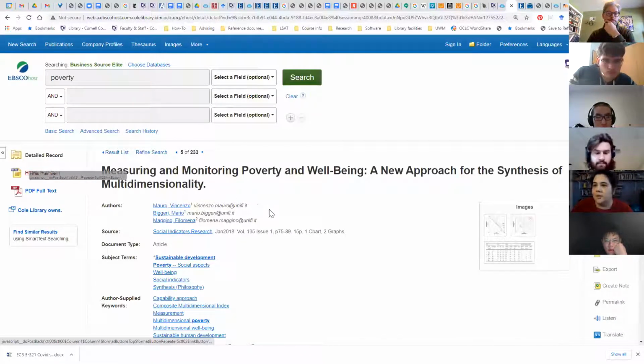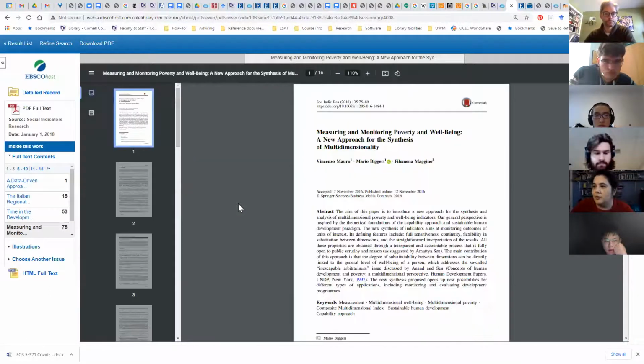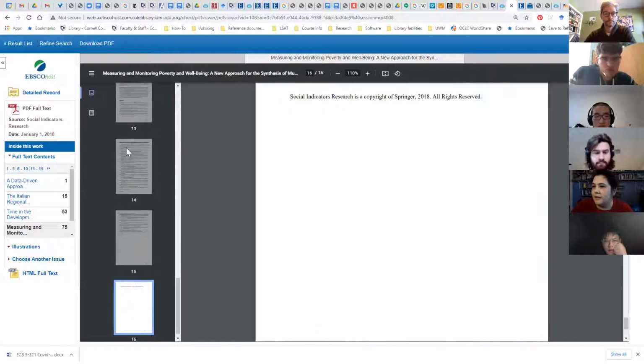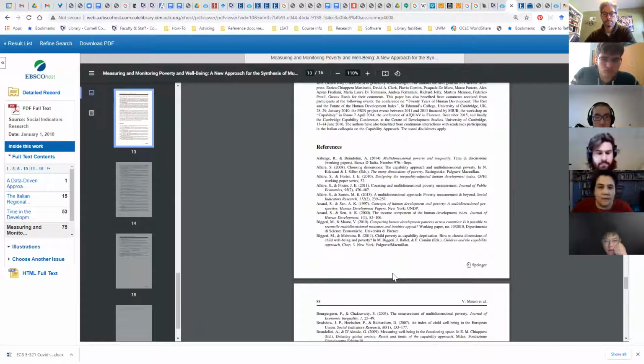Yeah, absolutely. You can go into the article and scroll down to the end where they've got all of their references. These are the sources that the authors were relying on when they were writing this paper, so they're related in some way to the article you already have. These are all going to be articles written earlier than the one you're looking at, because the arrow of entropic time only goes in one direction, right? You can't cite something that hasn't been written yet.